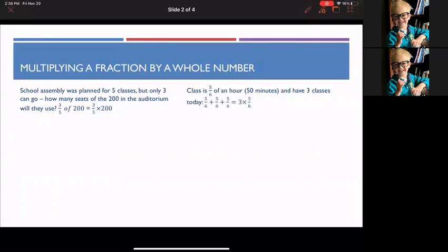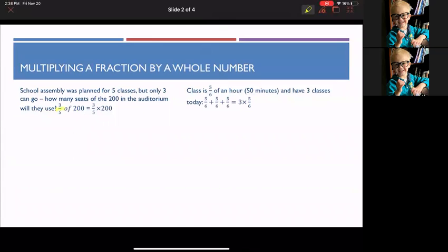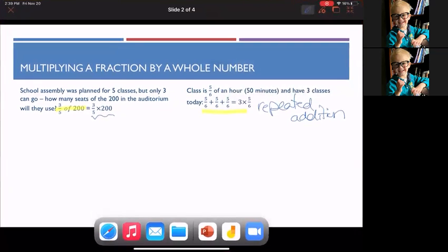This case on the left, we're talking about 3/5 of 200. So this idea of scaling, or we can see it as repeated addition, especially when multiplying by a small number. We can still see it as repeated addition here, but 3/5, 200 times is going to be a lot. So we can think about it as scaling, taking 3/5 of 200. We don't want a whole 200. And so one way we can represent that